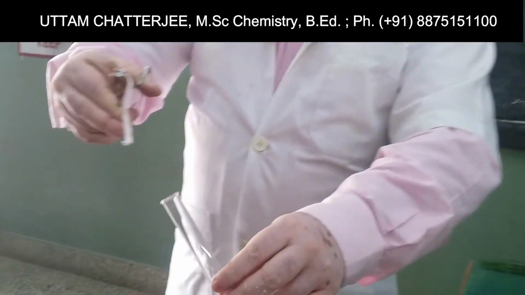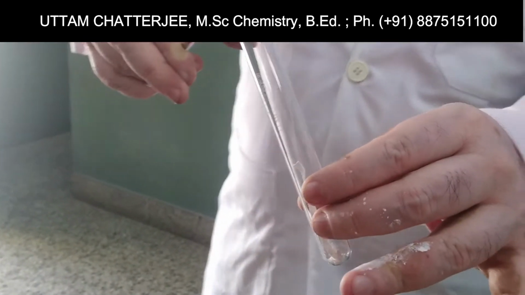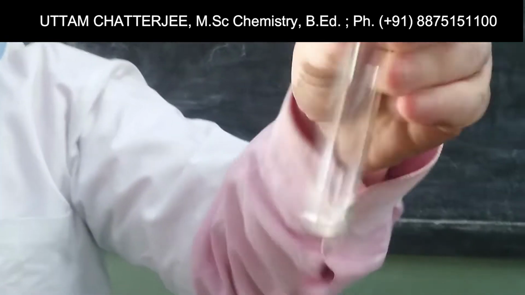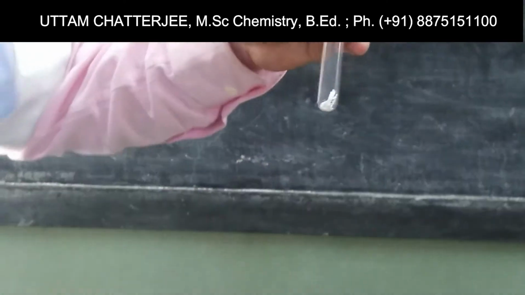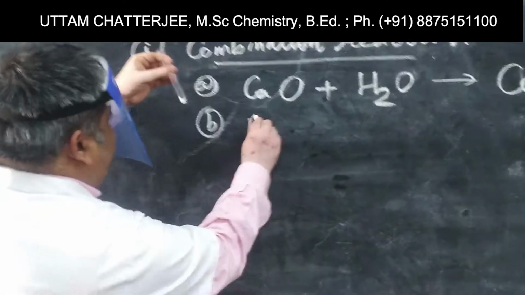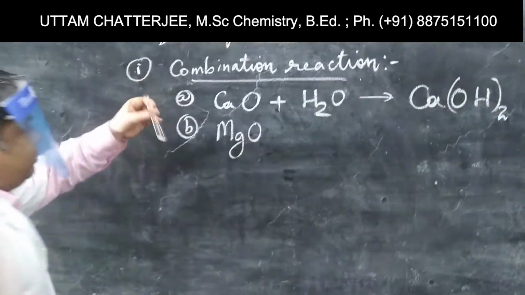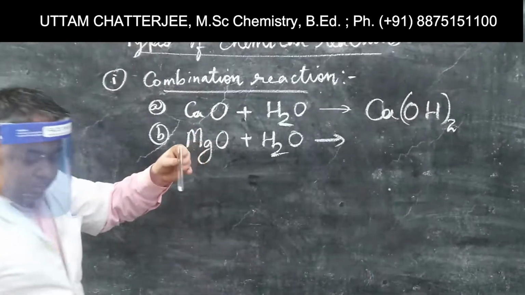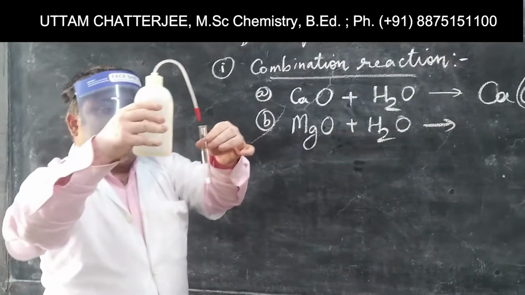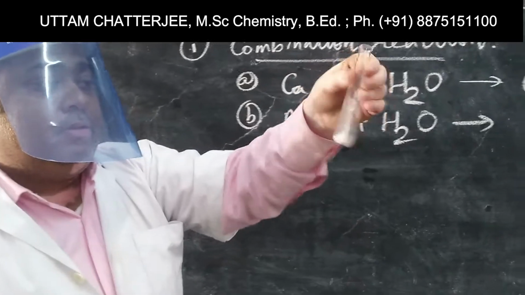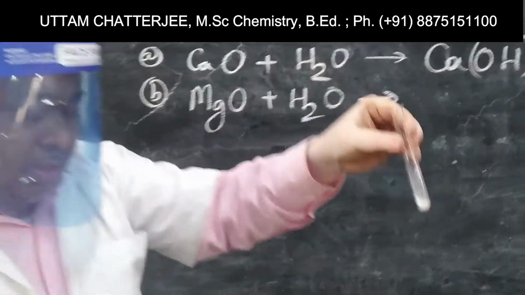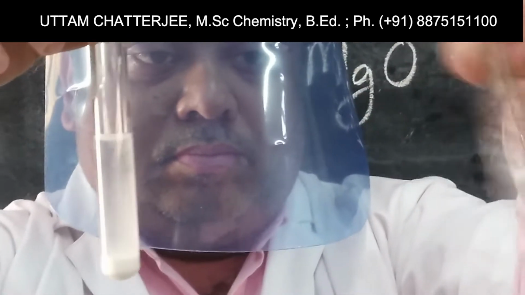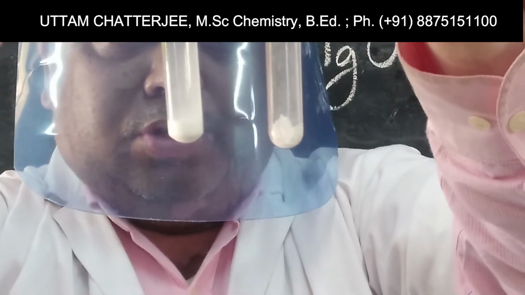I am a person who believes waste is best, and I will teach you some chemistry with this waste also. Now what I have here is magnesium oxide. Just like calcium oxide, I have produced magnesium oxide. Now again I will put water in this, and what will happen? It will react with the water and it will form a similar kind of solution. See? A similar kind of solution is formed.